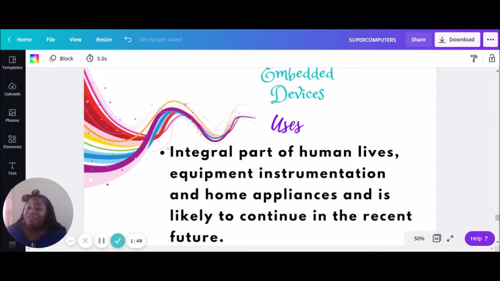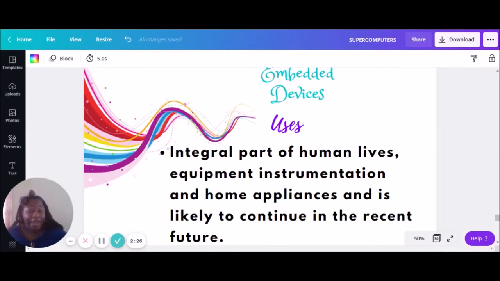So if you have a fridge that you can program when to make ice and you can tell it to pour water and it does that, it is a smart fridge, and it has an embedded device in it. Do you have a washing machine that you can program and tell it when to wash and how long to wash, and you just put in the time and it does that? Ta-da! You have a smart machine, and in it is an embedded device. Microwaves, stoves, they are all over your house.